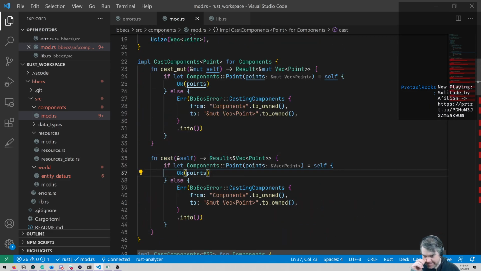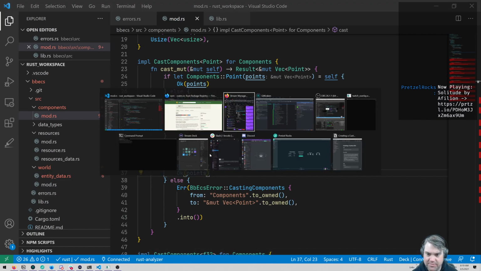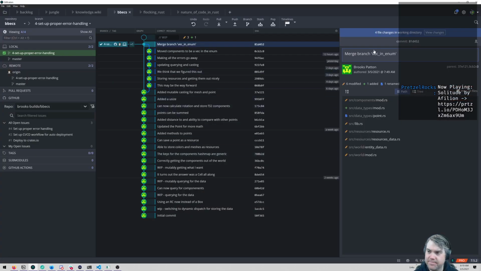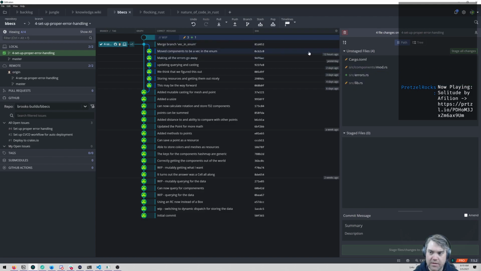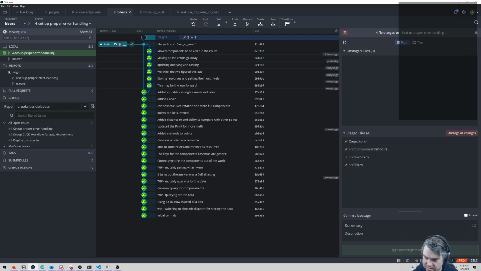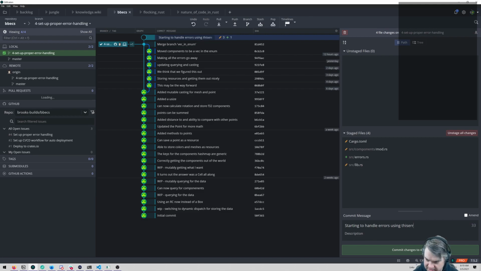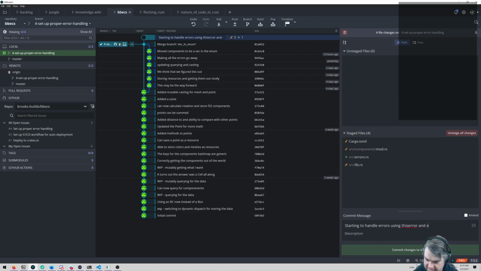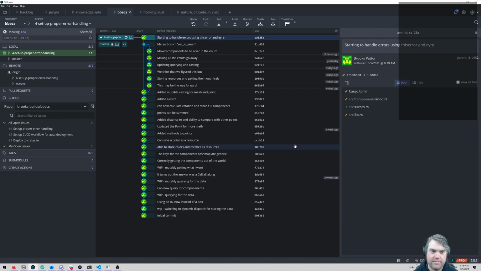Let's go ahead and send this all up to GitHub. We are starting to handle errors using this error and error. I'll go ahead and push that up.